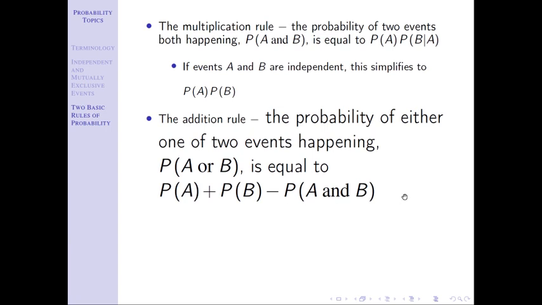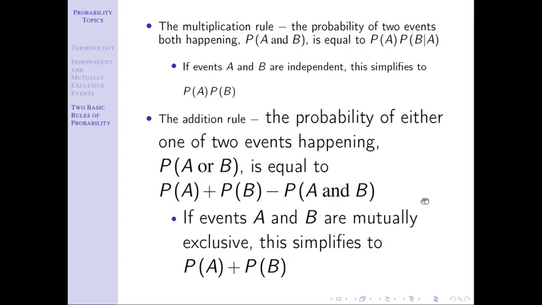The benefit for us is that when we have events A and B that are mutually exclusive, remember we talked about that earlier on the page, two events that cannot happen at the same time. If they can't happen at the same time, we said that the probability of A and B is equal to 0. If you look up just a few lines, you'll see that. So if events A and B are mutually exclusive, we don't have to worry about subtracting that piece off. And for us in statistics, that's what's mostly going to happen, because we're almost always going to be dealing with events A and B that are mutually exclusive.